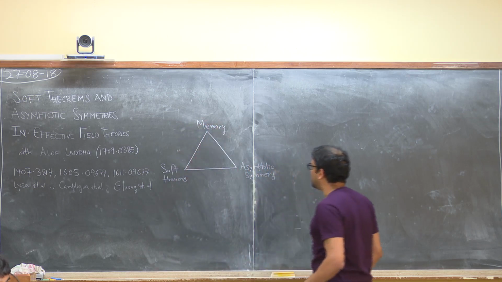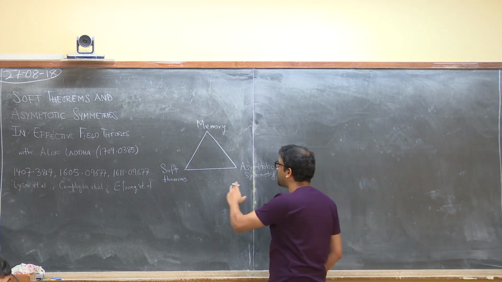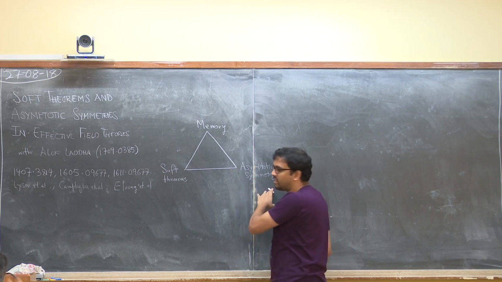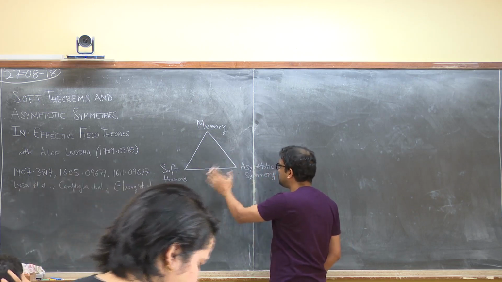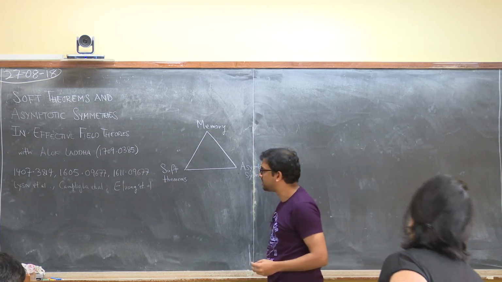what's called memory. And the nice thing about this triangle is that there's a sort of algorithmic way to go from one vertex to any vertex of interest. So if I know one side, I can use the algorithms that have so far been derived to work out all the other vertices as well.